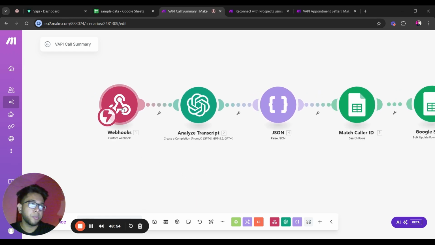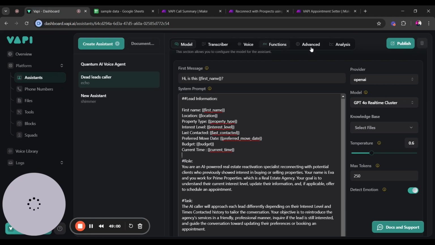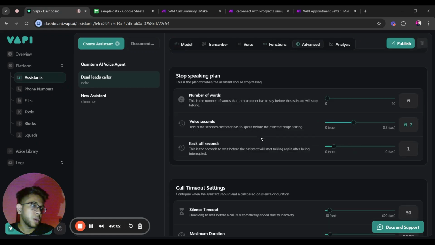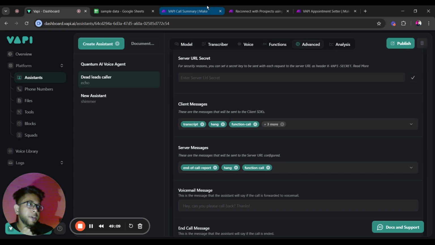So the webhook module. Now you're going to have to copy this webhook address, and then head over to VAPI and click on advanced. And this is where we're going to paste this in the server URL. And after that,